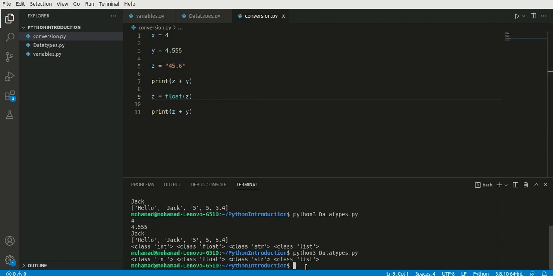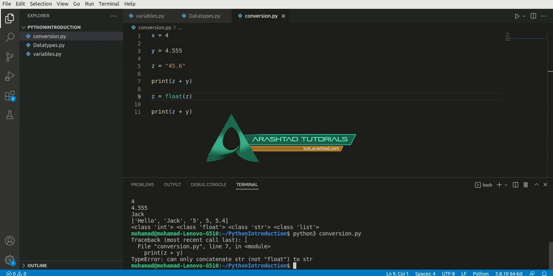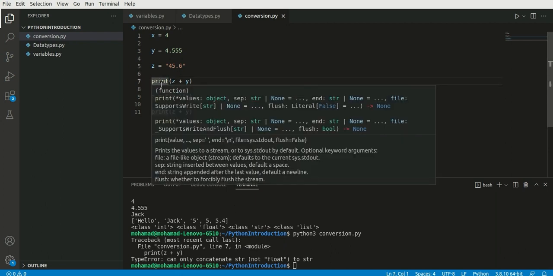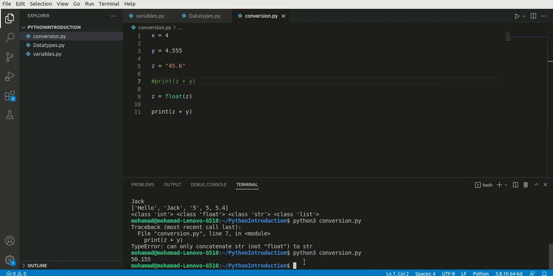Okay, let's save the project and run it. Here I need to run conversion.py. Okay, here as you can see we face an error and it says z is not float, so we need to convert it into float. So let me comment this print and see what happens. So right here we have converted z into the float, and then we've added up the two numbers, and here is the result: